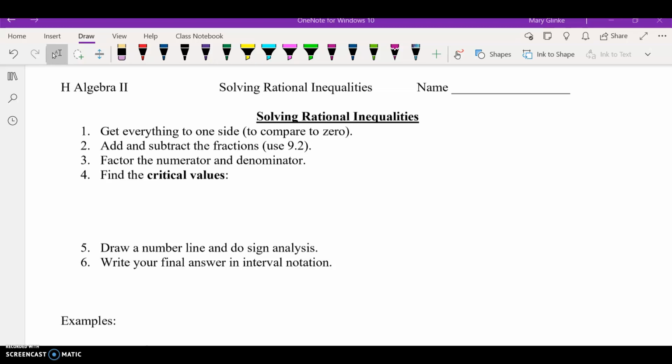Hello. Today we're going to be solving rational inequalities. So these are going to be all of these different fraction equations, but instead of equals, we're going to have is less than or equal to or greater than or equal to or whatnot there. It's going to be an inequality. It's going to be somewhat similar to when we did the equations, but it is going to be slightly different